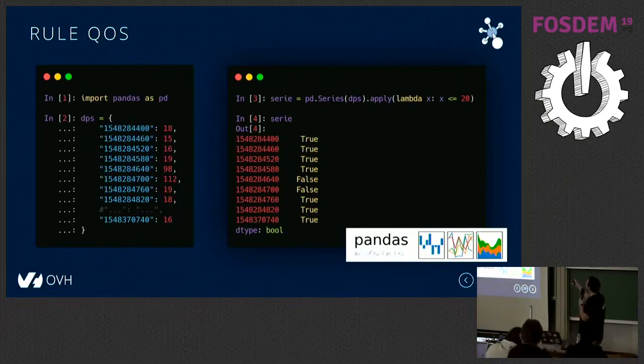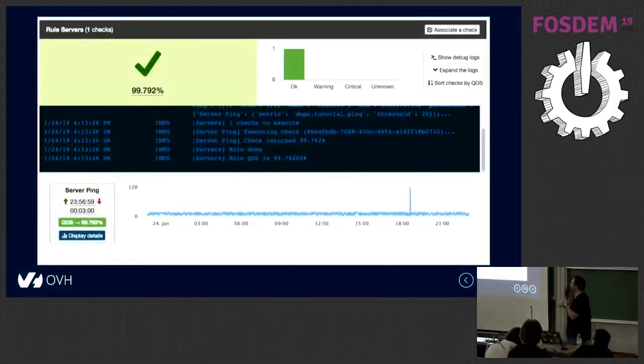And then we apply for each data point a simple function. Here is just a lambda saying everything that is above the given threshold of 20 will be converted into false values. So we transform time series values into Boolean values. Okay. And it is the result. You can see in the picture, we analyzed